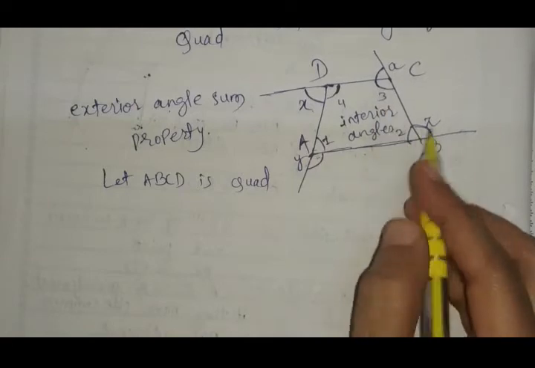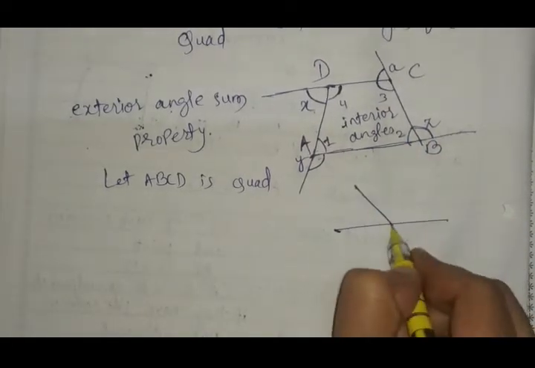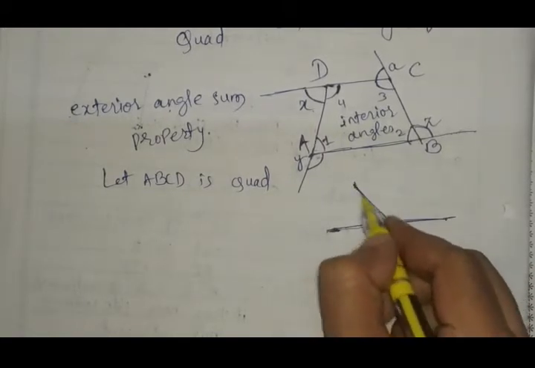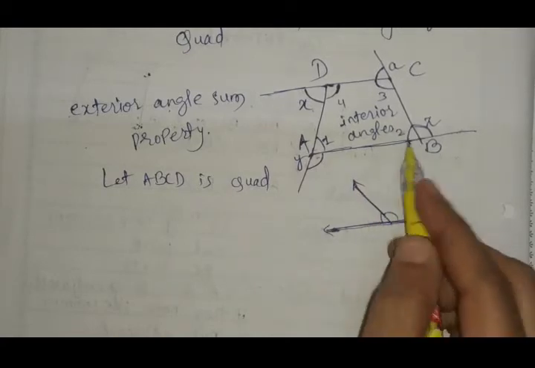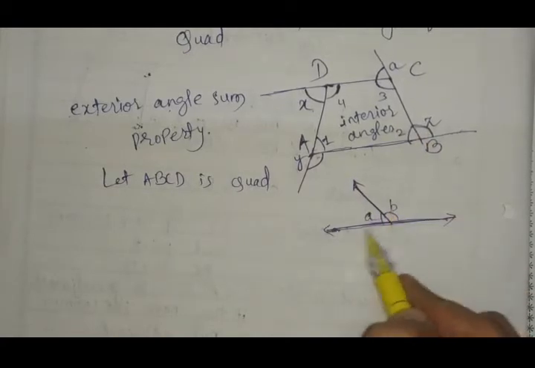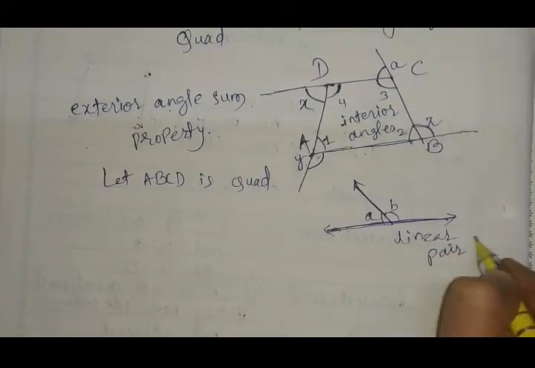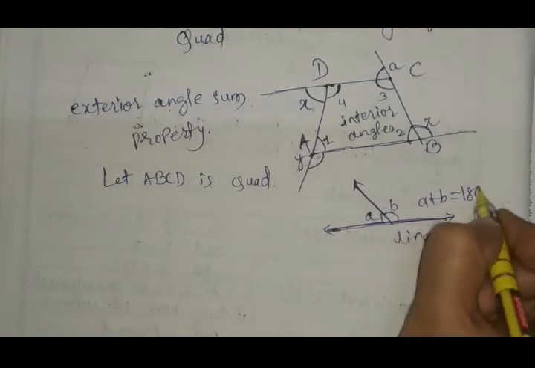So we know that the linear pair of angles is there. For example, a linear pair is a pair of adjacent angles which have one common arm between them, and the two other rays are opposite rays. So here you can see that these two angles are said to be a linear pair, and the sum of a linear pair is 180 degrees.